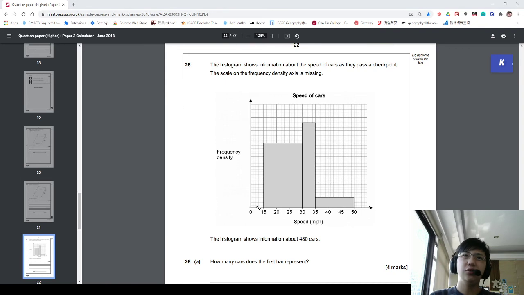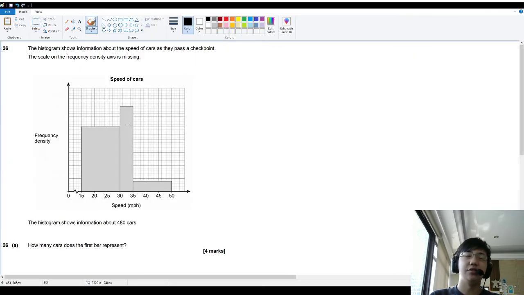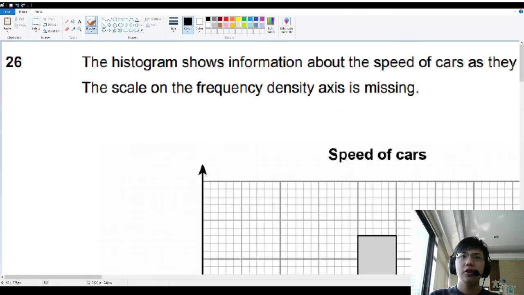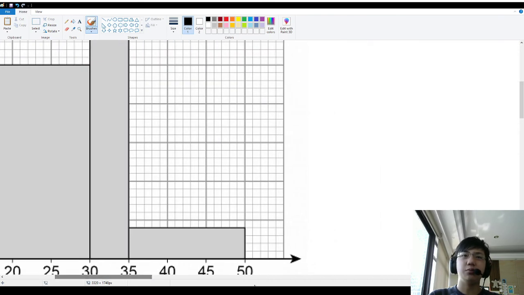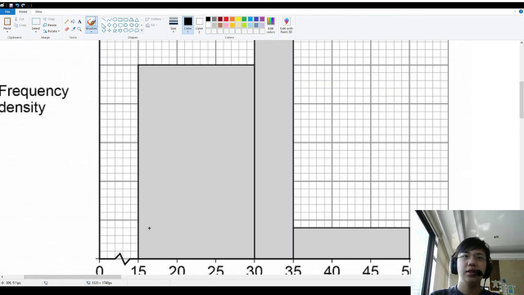So this is another graph interpretation question, and there are actually a variety of ways to solve it. But the simplest way probably is the counting squares method. So we count the number of squares in each bar. So this bar has 1, 2, 3 squares, 4, 5, 6, 7, 8, 9, 10, 11, 12, 13, 14, 15. So 15 squares in this bar. And this taller bar here,